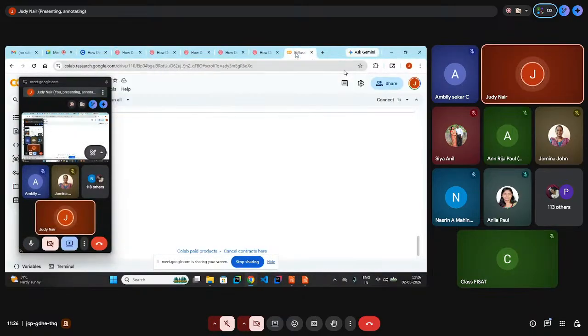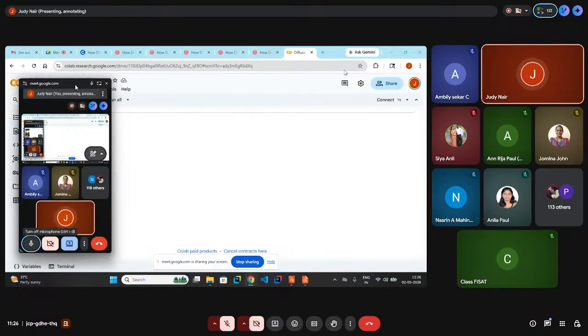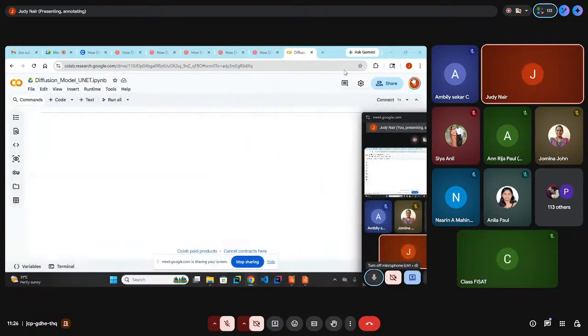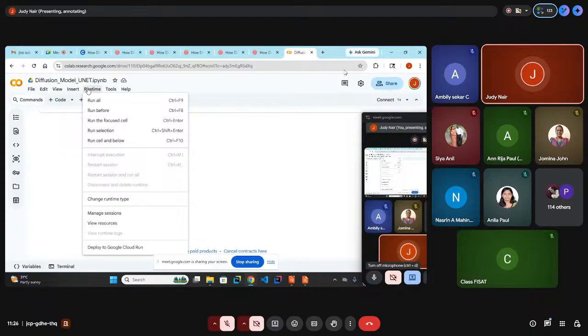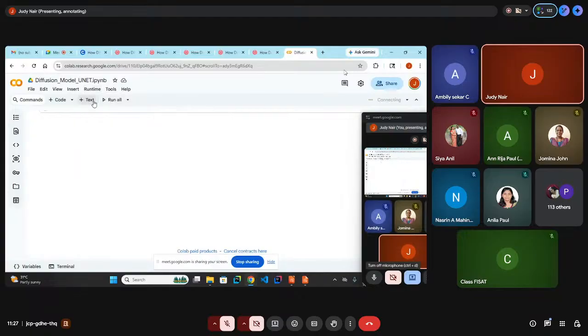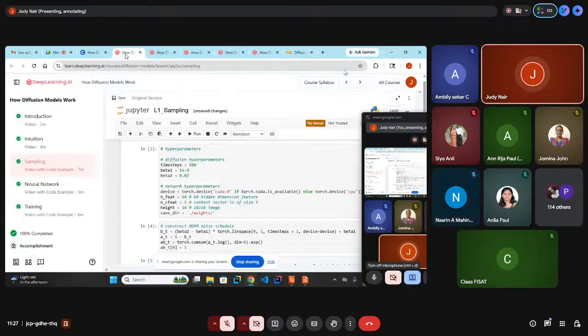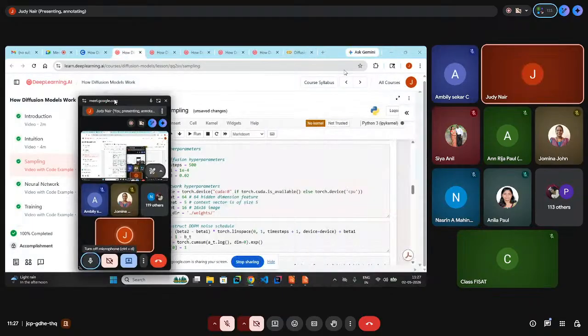We have tried that here. It was taking a lot of time. If you have to use the GPU, I used a T4 connection, and we have just executed this on my Google Drive. Let me check if it works there. We'll wait for it. But before that, this is what I just explained to you.